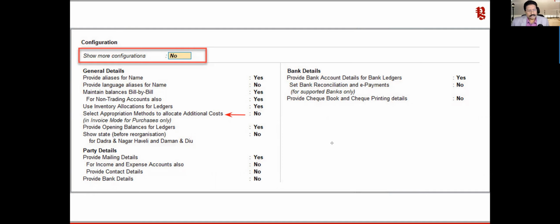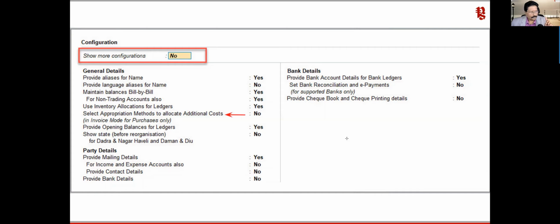We will see this option, and we will also see the impact of making this option